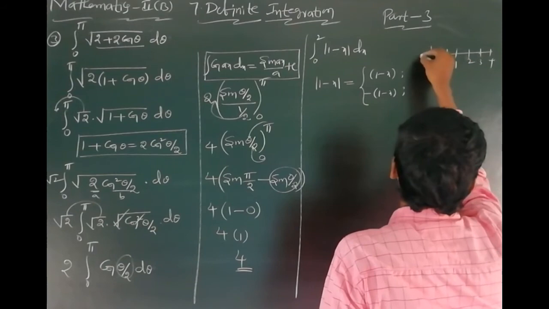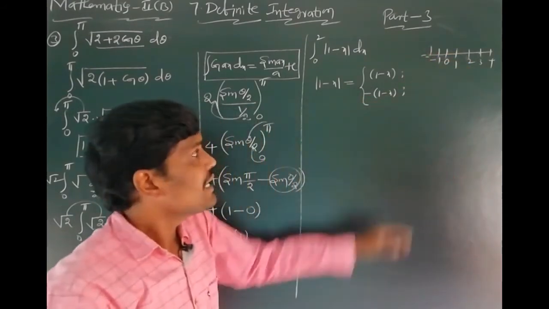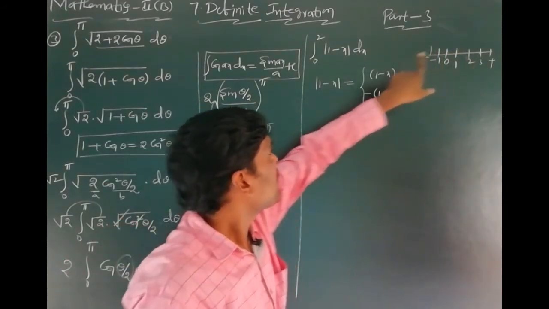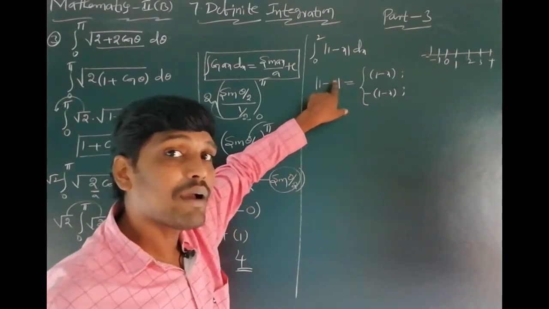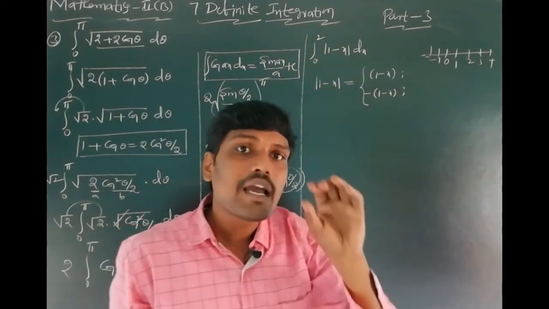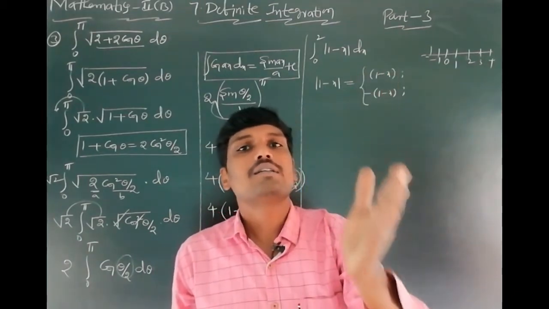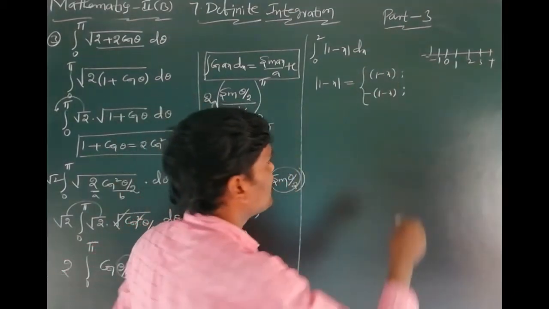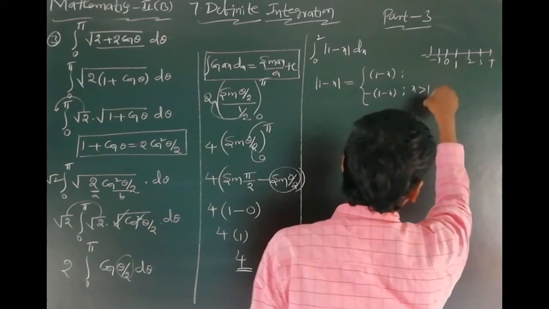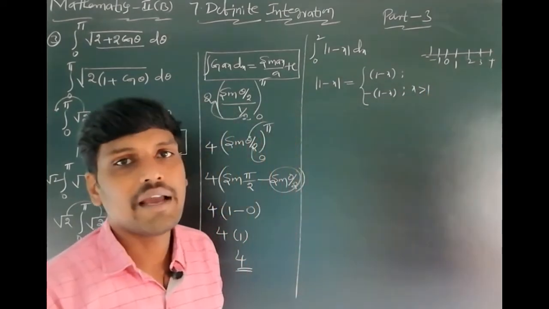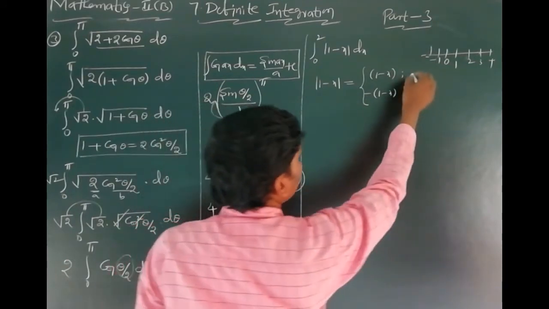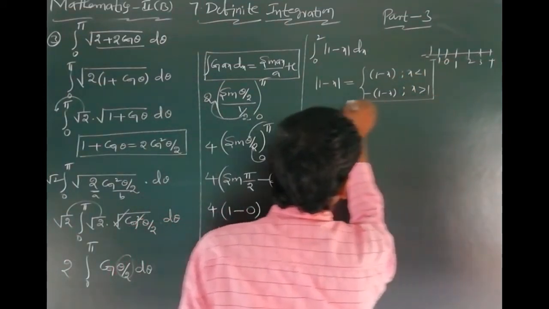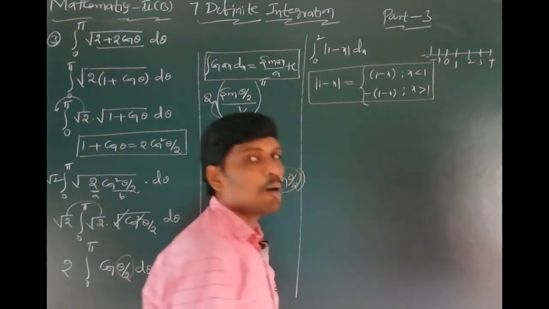0, minus 1, minus 2, these are the less than values. Here more than 1, 2, you can write 2. 1 minus 2 is minus 1, 1 minus 3 is minus 2, 1 minus 4, nothing but x value more than 1, that modulus having negative. That's why for x value more than 1, modulus of 1 minus x is minus of 1 minus x. After that, if x is less than 1, this value is opposite.